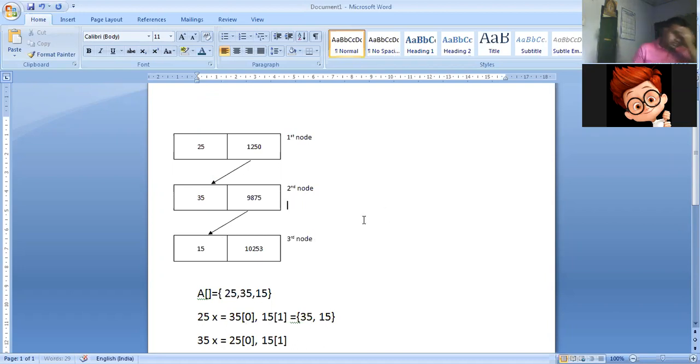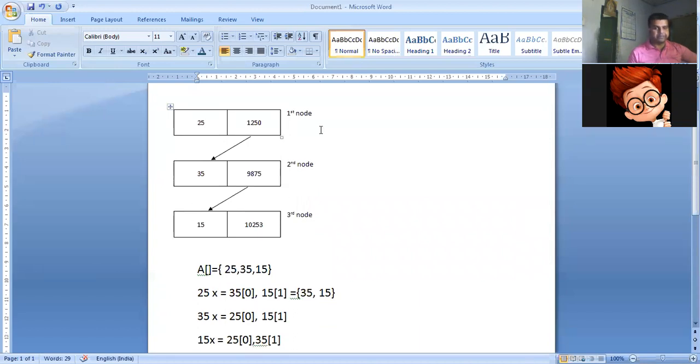Now if I have to perform a deletion operation, if you see clearly, suppose I am removing 25 from the first node. So I just put a cross mark here. A cross mark means I am deleting 25 from this part.